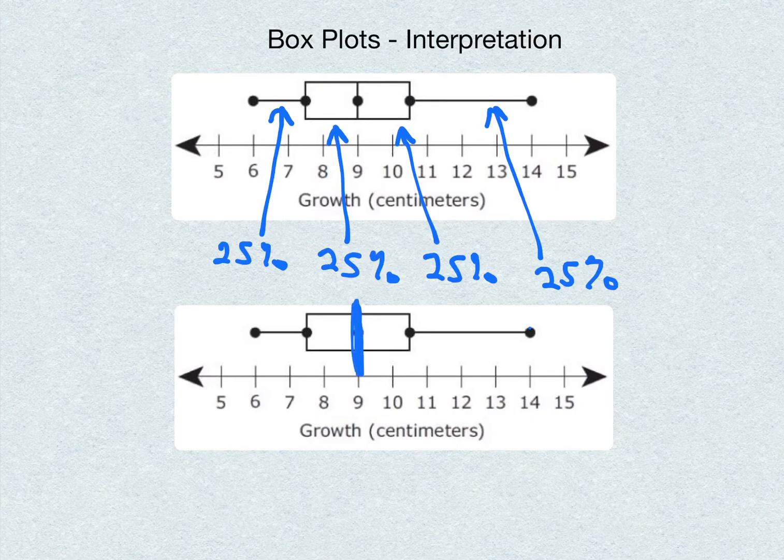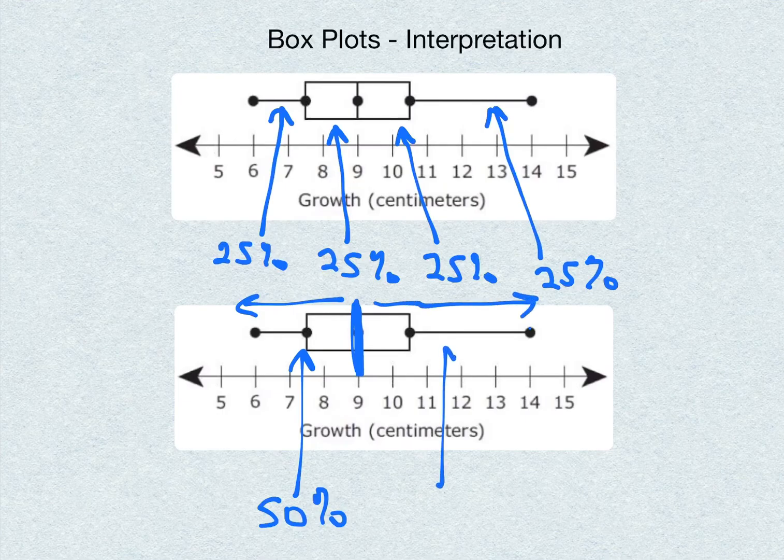Now what that also means is, since we have the median in the middle, that means everything below the median represents 50% of the data. And then above the median is going to be your other 50% of the data points. This is also half. So you may be asked questions about the upper half, the lower half, or just half of the data set. So you have to remember that above the median is 50% or half, below the median is 50% or half, and each section represents 25%. These are the types of questions you'll be looking at for box plots, and you can use this video to refer